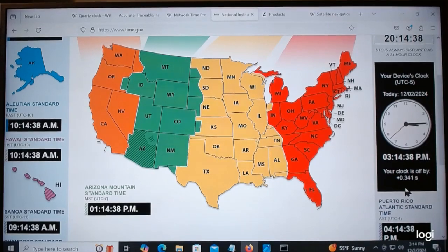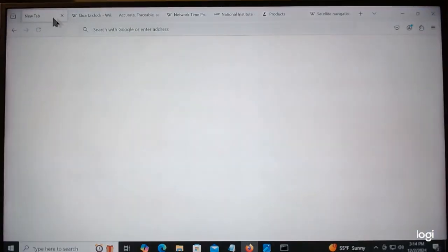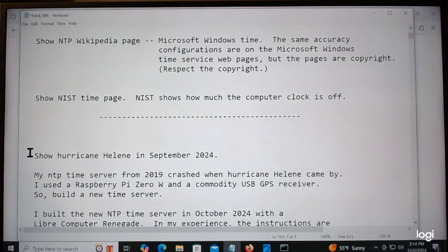I mean, these are consumer applications, and I really don't have anything here at the house that needs precision. But anyway,